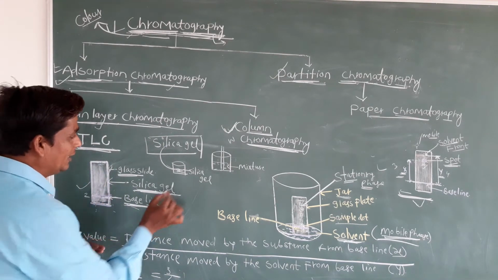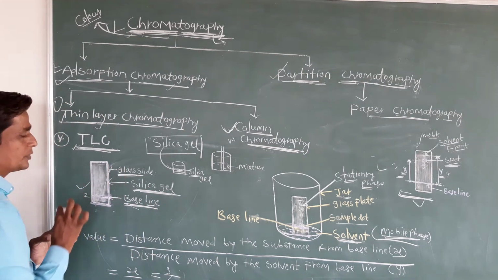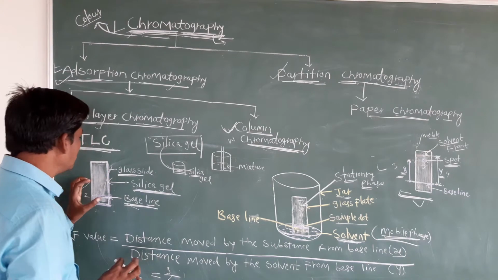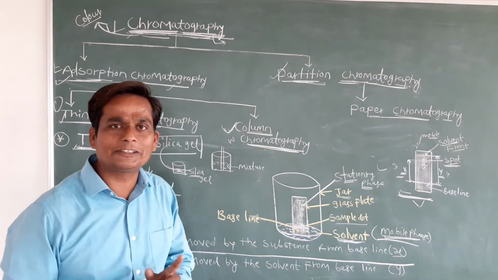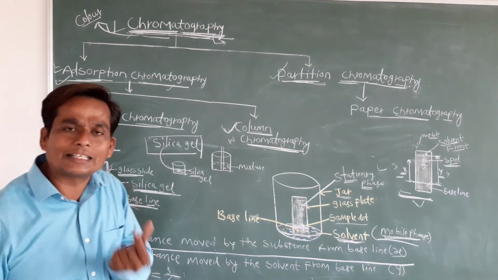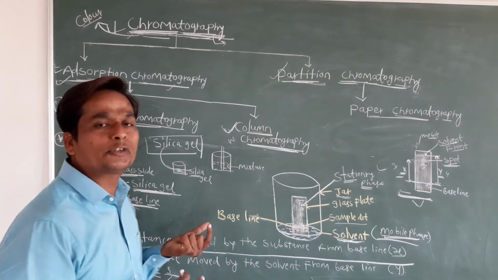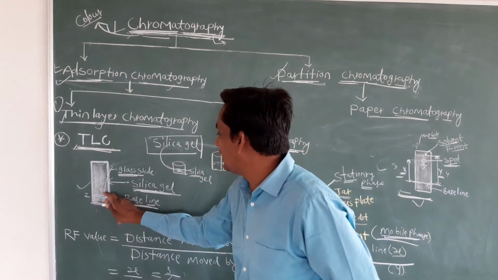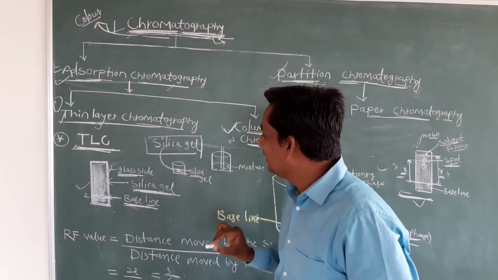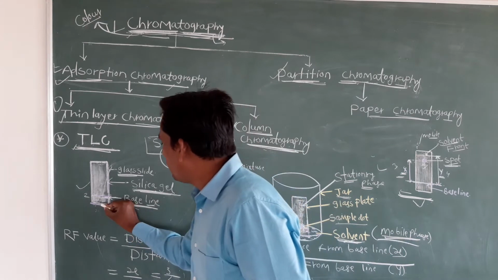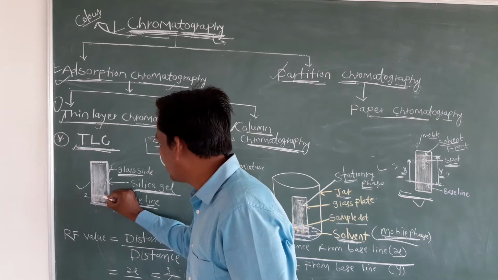Now understand everybody. Here I have written silica gel. We spray the slurry of silica gel on the surface of this glass slide and then dry it for 5 to 10 minutes. Now clear this much? First I take one glass slide, then I spray the silica gel over its surface, and then I draw one baseline. From the edge I draw a 2 centimeter baseline above the surface.